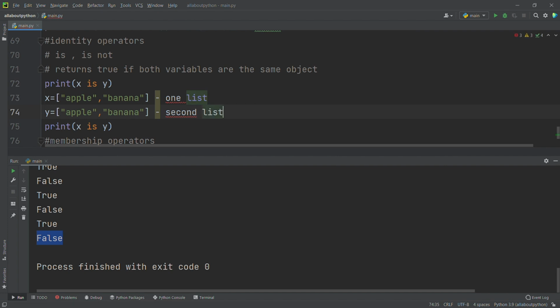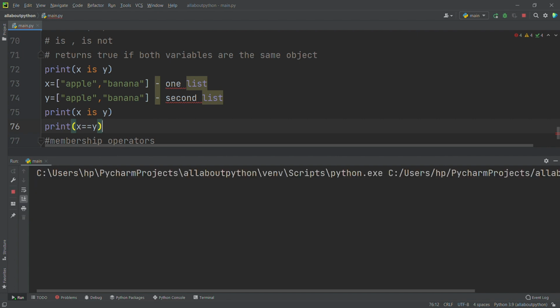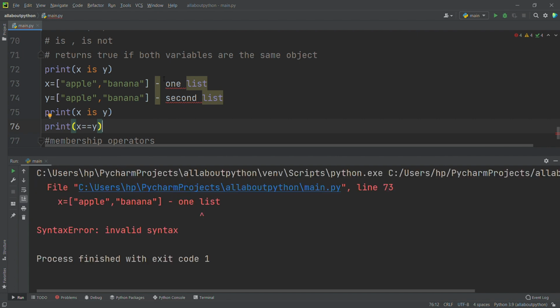Even though they have the same data inside, these are different objects, that's why it's printing false. Now I will check print of x is equal to y. We know what this operator is going to check. This is going to check whether the values are the same or not. Sorry, this I will give inside a comment.